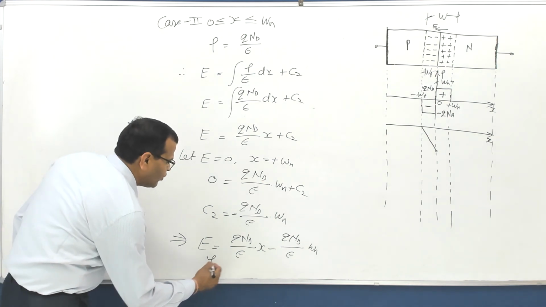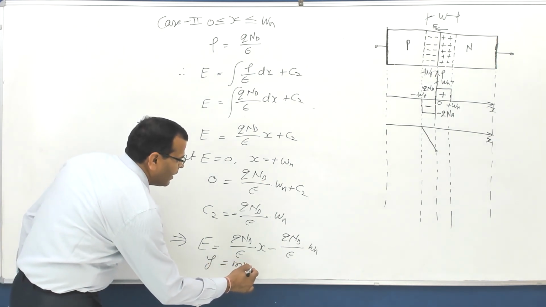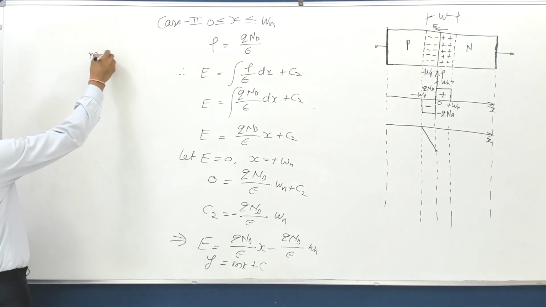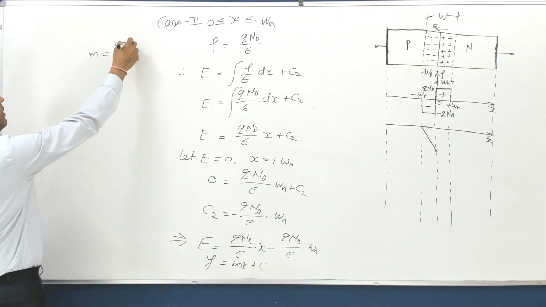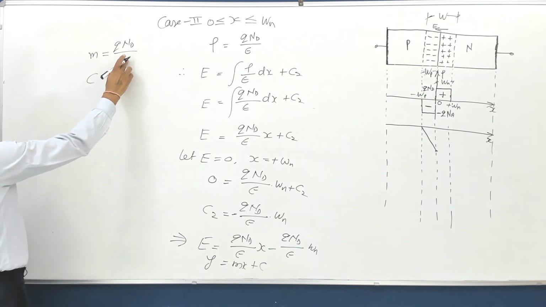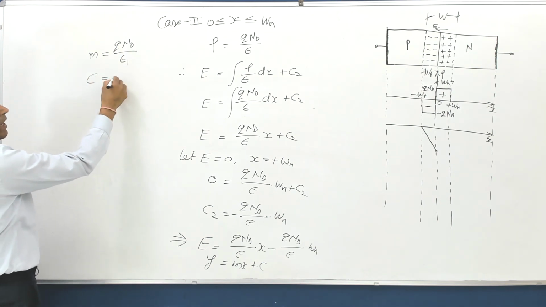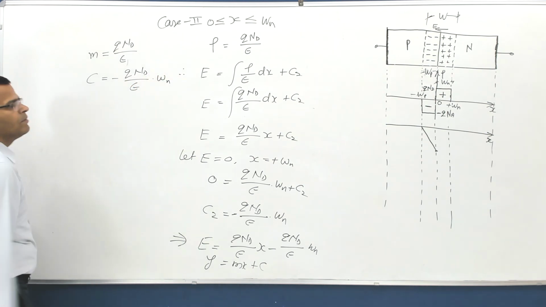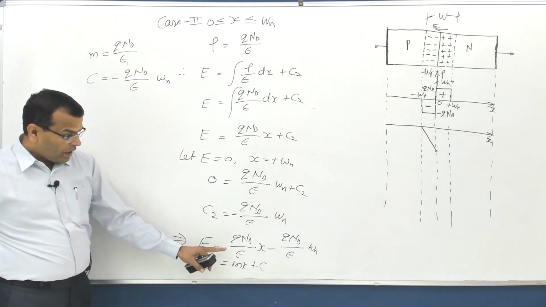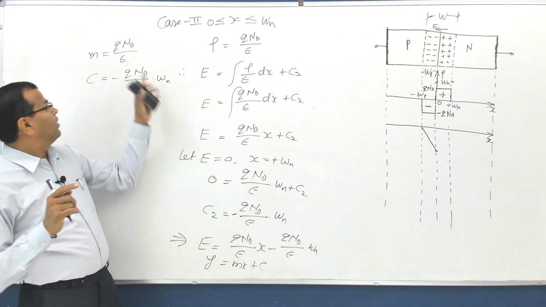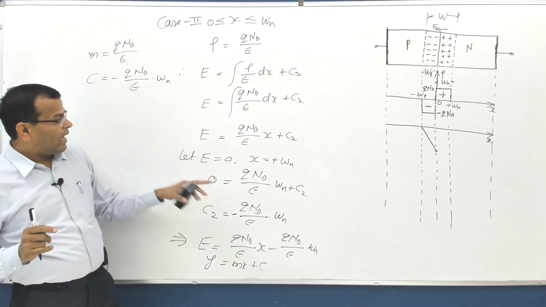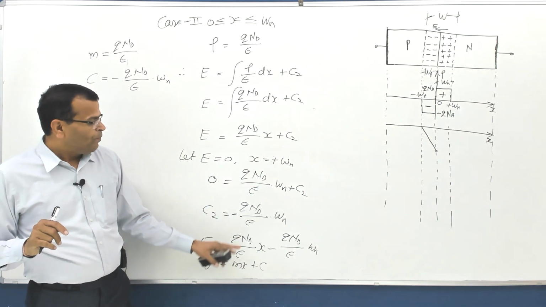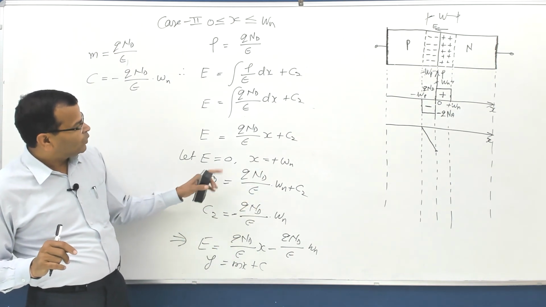Again, that is equation of what? A straight line. Y is equal to mx plus c. What is m? That is slope of line, and that is qNd by epsilon. What is c? That is intercept with y axis, minus qNd by epsilon into Wn. A straight line of positive slope, and at x equal to Wn it is becoming 0, and at x equal to 0